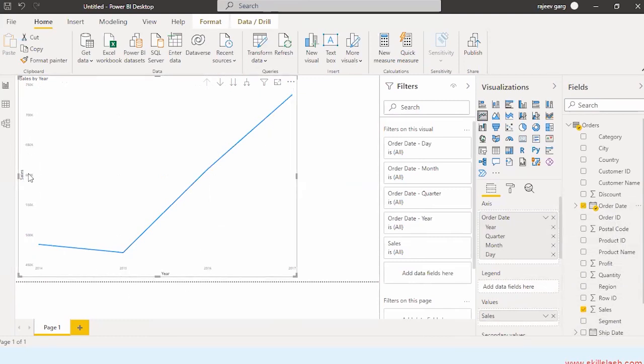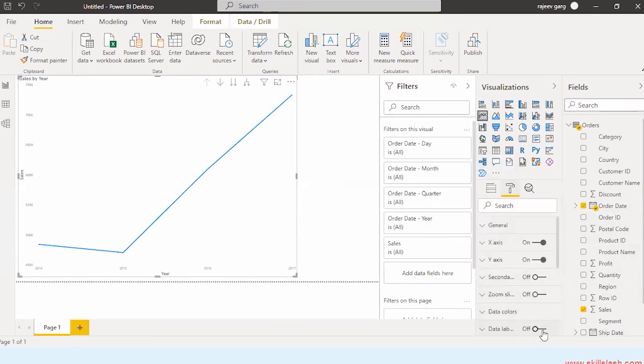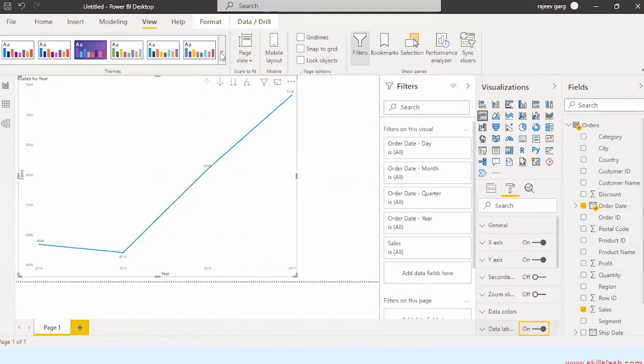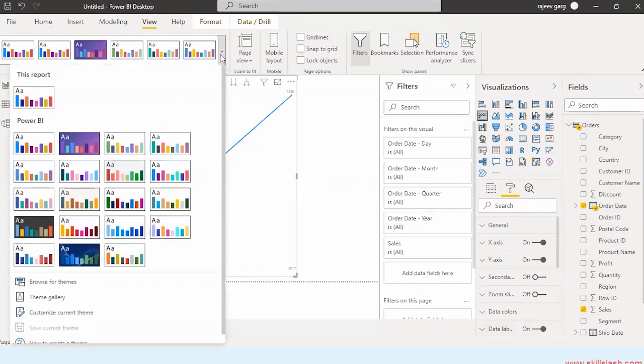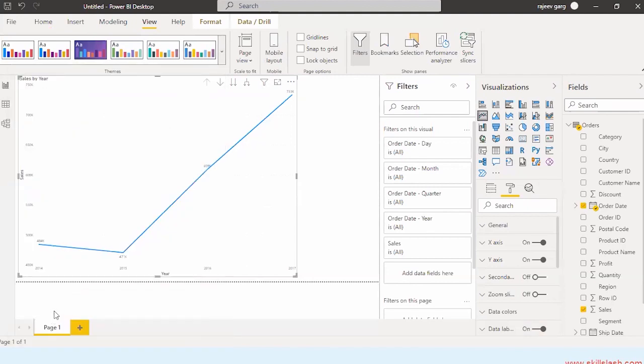Now, as you see, the labels are appearing. If you want to display the data labels, you can do that, but these are appearing very small. If you want to increase the size, you can go over here to the View tab. I'm changing the default size. You will see there's an option of customize current theme. I told you this yesterday as well.